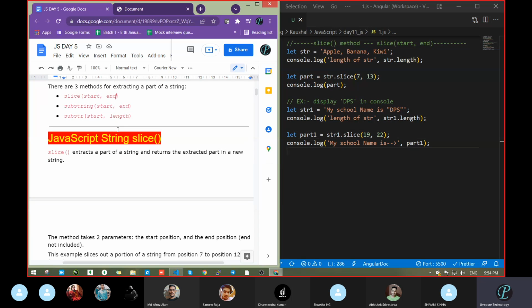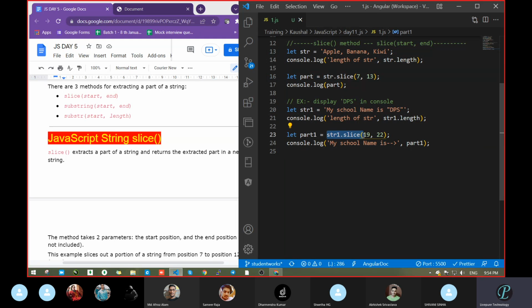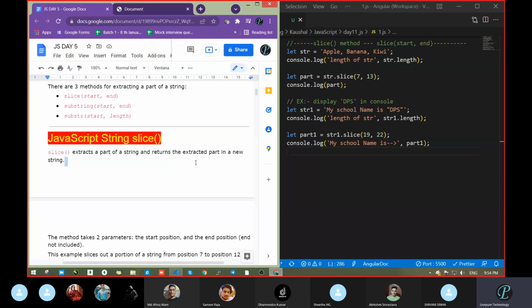Maybe I don't know whether you will get it or not. That is the thing. So see what it is doing actually. It is going to slice, means it is going to split out whatever we want, starting and ending one, and it returns it to us, correct or not? It returns where? To this variable. It is storing the value there. Sir, but one thing is there. See, take care of the wording: extract the part of a string and return the extracted part in a new string. This is the most important.